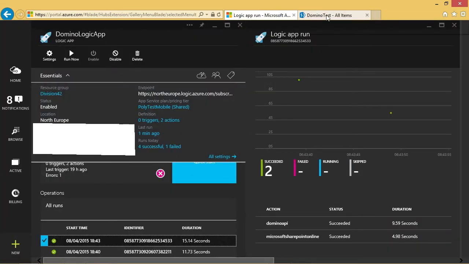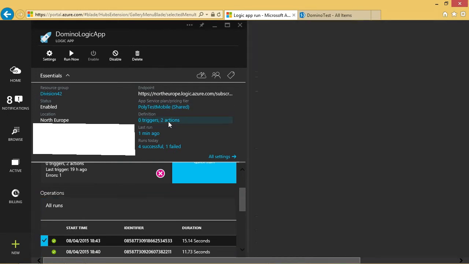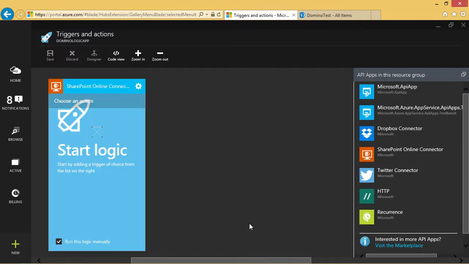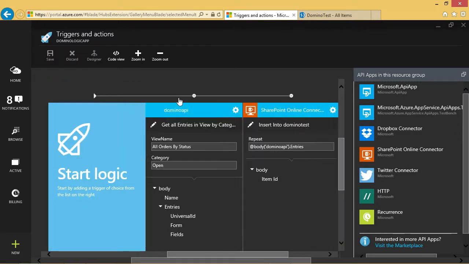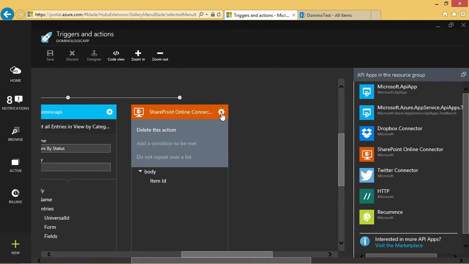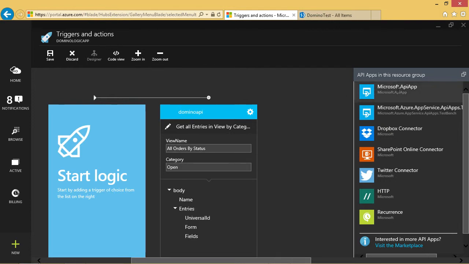Next, we want to quickly update a field back into Domino again. So what we'll now say is we've processed these 2 documents, these 2 open items. And what we're going to do is set a field back into there to say the status is now closed for those 2. So if we jump back into our Logic app and then remove our SharePoint connector because we're no longer adding data into SharePoint. Instead, same as before, we're looking at the view all orders by status, we're getting the open category ones, and for the sake of the demo, we're now going to